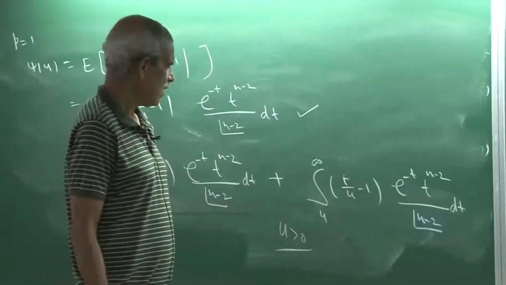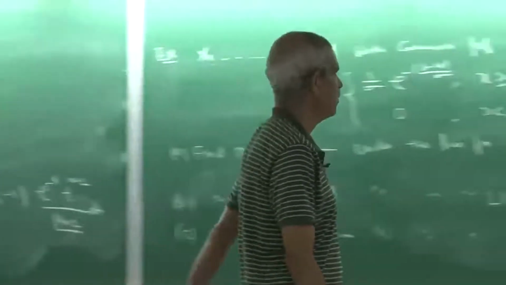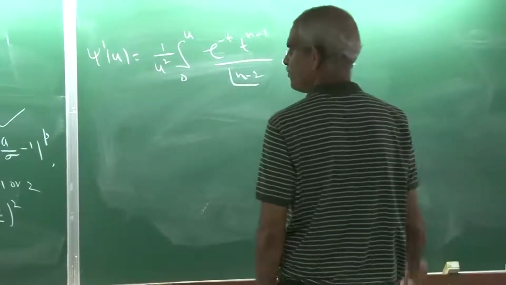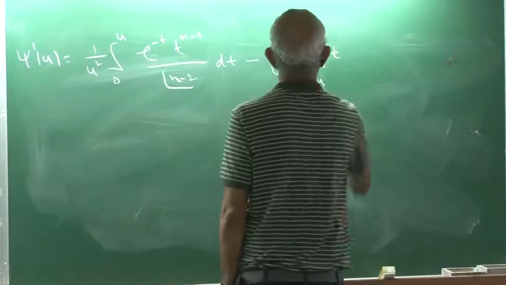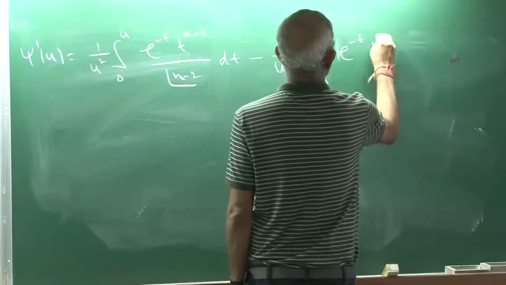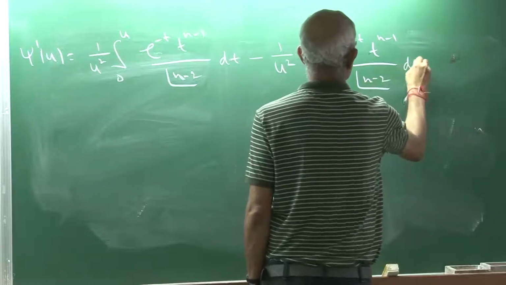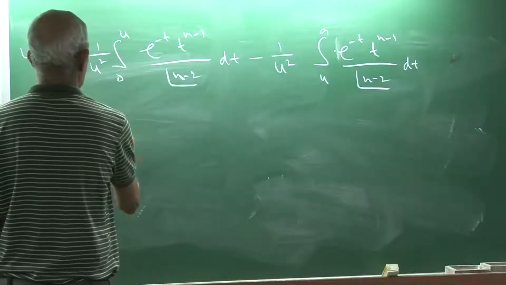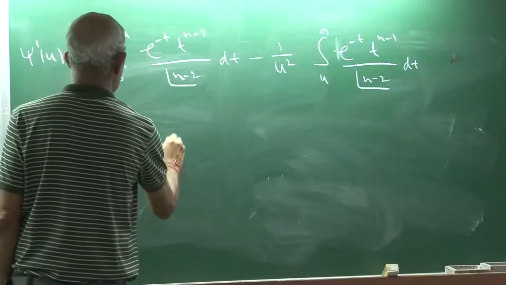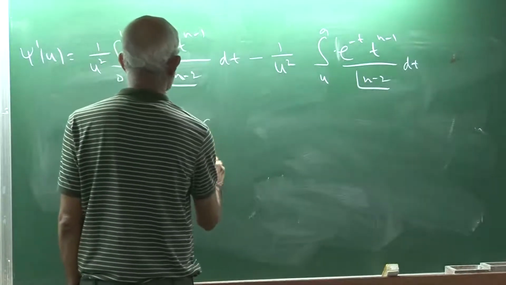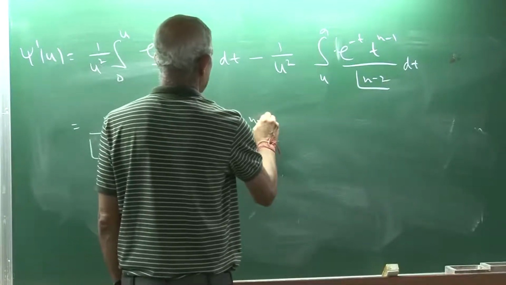Similarly over here, when this goes over here, that part is 0, so only this part would come. So minus 1 by u square, u to infinity, t, sorry, t is remaining, so that can go with that. So e to power minus t, t to power n minus 1 by factorial n minus 2 dt. So this can be written as 1 upon factorial n minus 2, 1 upon u square. Is that okay? 0 to u, e to power minus t, t to power n minus 1 dt,